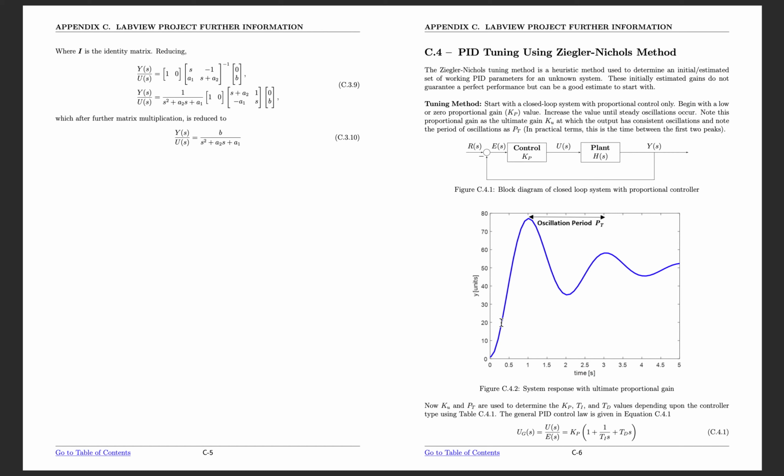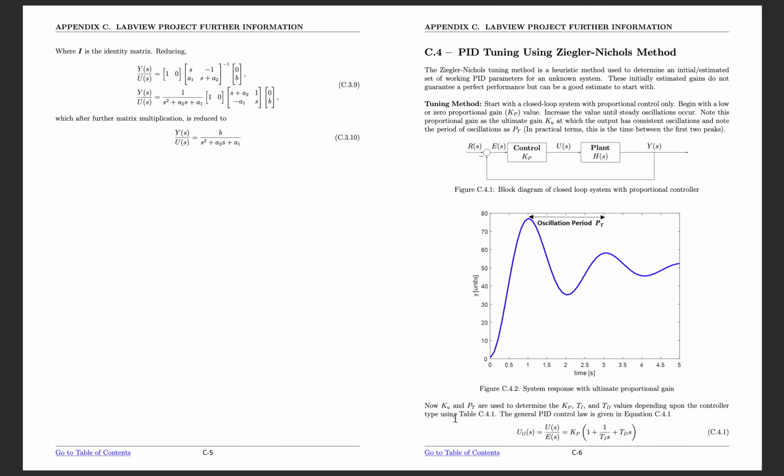Whenever you start increasing this Kp proportional controller value, the system starts to oscillate. Whenever the system has the first oscillation, the time between the first two peaks is known as the oscillation time period Pt, and whatever Kp value causes that is known as the ultimate K, or Ku.